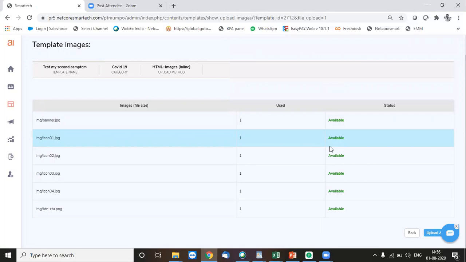So to avoid this, we always need to make sure that the name of the file remains the same in both the zip file as well as in the source code.